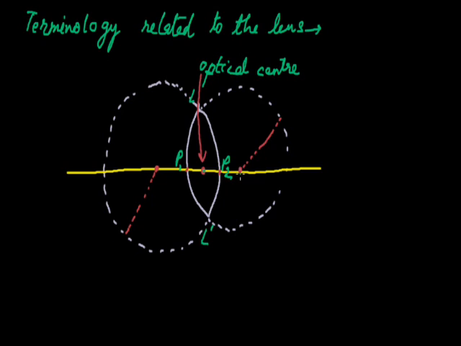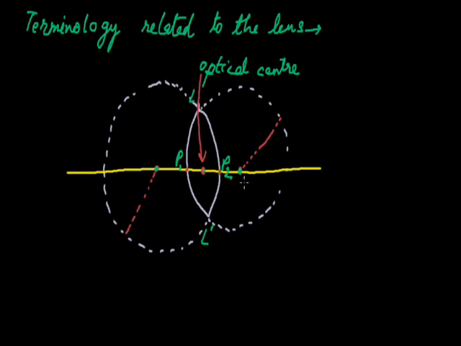Now this center of the one sphere and this center of the other sphere are said to be the centers of curvature of the lens. There are two centers of curvature for the lens because there are two curved surfaces. This curved surface is called curvature, and the curvature has a center which is the center of the sphere of which the lens is a part. This first surface has the sphere. The pole of the lens is said to be P1.